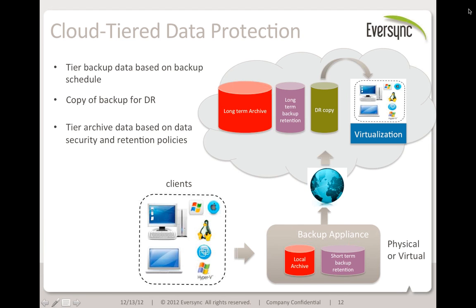The best example that we hear from customers is, for example, one of our customers is using our product in the police department, and some of their police department data is subject to Homeland Security, Department of Justice, and Patriot Act requirements. They don't feel that that particular data should go in the cloud today, but the rest of their data, they feel like they could archive it for the long term in the cloud. So they want the ability to have control that that data that is specific to certain compliance requirements is always kept local and never tiered to the cloud.